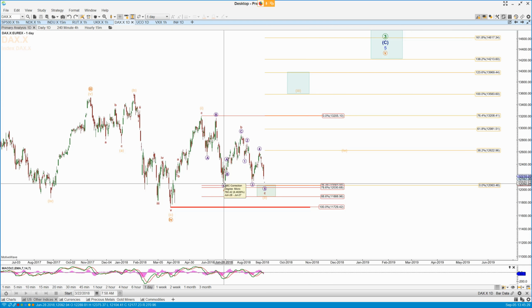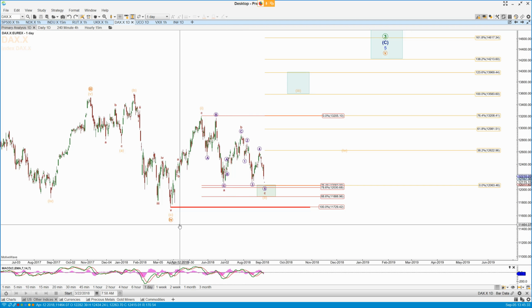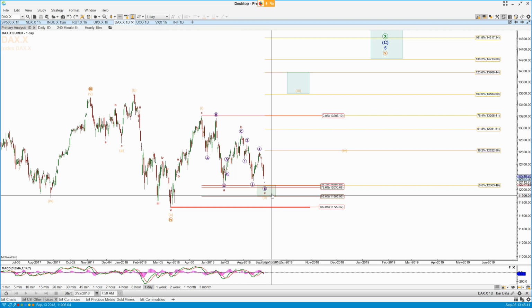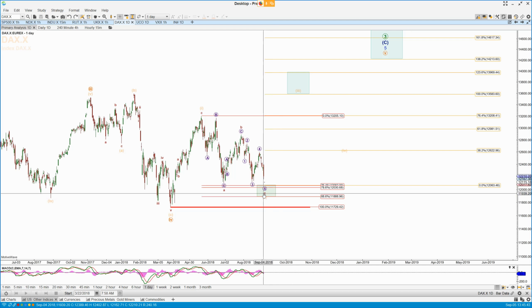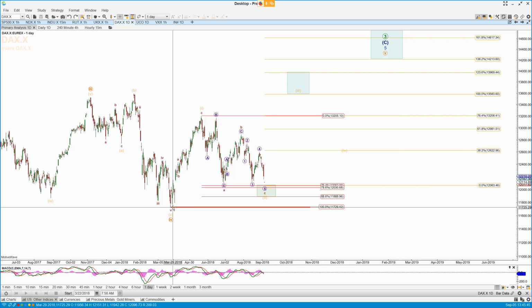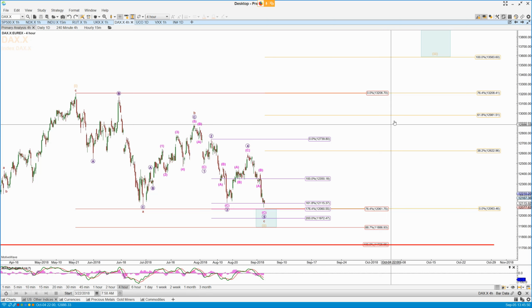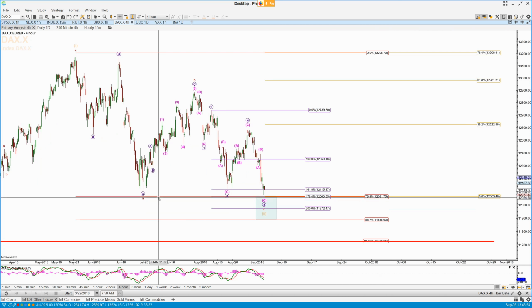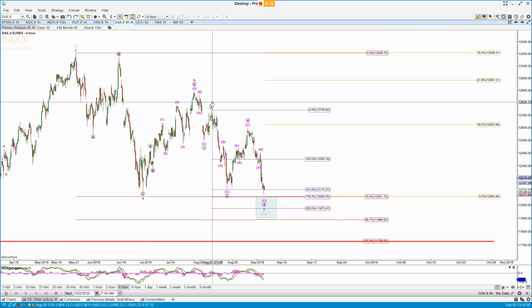So the German DAX has taken out this low from end of June here this morning, which means this was not the 2, which leaves off the 4 ABC 1, A, B, and a diagonal unfolding for this 2. It needs to hold this region. If it doesn't, and certainly if it takes out this low, then something else altogether is going on in the German DAX. But if I bring it down here and look at it on the 4-hour chart, there's the A,